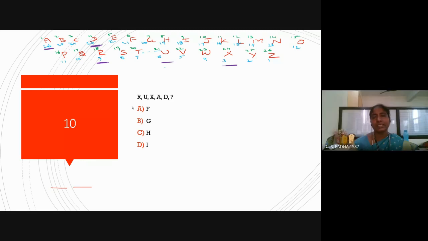Whenever a letter series is there, it is better to write at least once. Then try some logic with a pencil, because you can erase again. If the same thing is required for the next question, we can use the same writing. Any doubts you can ask, otherwise I will go to the next problem. My answer is G. After leaving E and F, two letters are skipped. My answer is G. Any doubts, please?